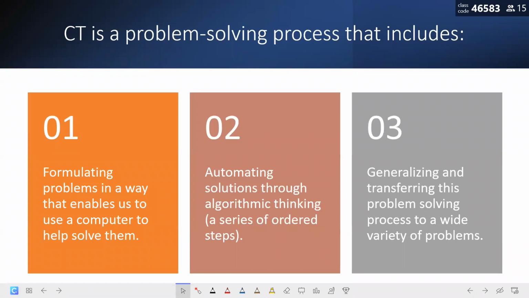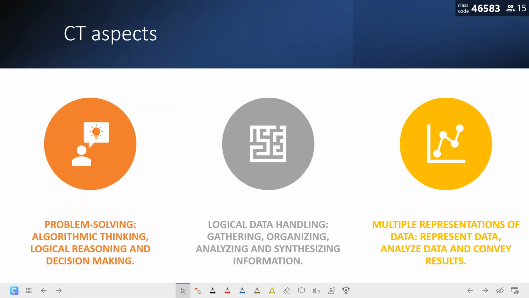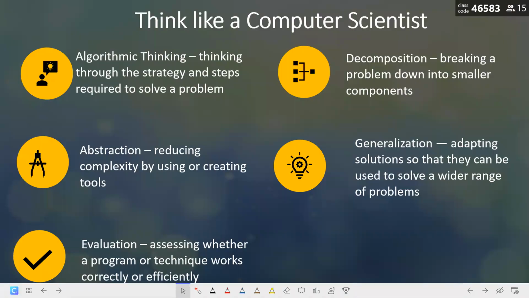तीन इंपॉर्टेंट स्टेप जो यहाँ दिया जा रहा है कि फॉर्मुलेटिंग प्रॉब्लम इन ए वे दैट एनेबल्स अस टू यूज ए कंप्यूटर टू हेल्प सॉल्व देम, जो मैंने अभी कहा, ऑटोमेटिंग सॉल्यूशंस थ्रू एल्गोरिथमिक थिंकिंग, एंड जनरलाइजिंग एंड ट्रांसफरिंग दिस प्रॉब्लम प्रोसेस टू ए वाइडर वैरायटी ऑफ प्रॉब्लम। Sir, next slide, I want to explain it through the 5 steps. Think like a computer scientist is the crux of computational thinking. शायद इस स्लाइड के टाइटल में कंप्यूटेशनल थिंकिंग भी दे सकता था। अभी जो मैं टर्म कह रहा था कंप्यूटेशनल थिंकिंग, इसमें 5 ब्रॉड स्टेप्स आर इन्वॉल्व।